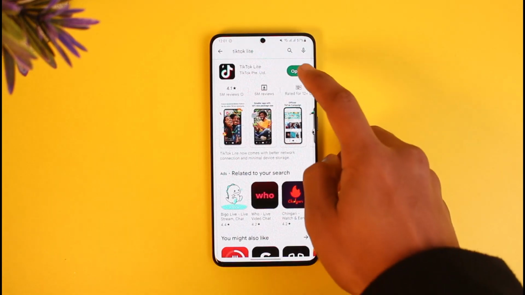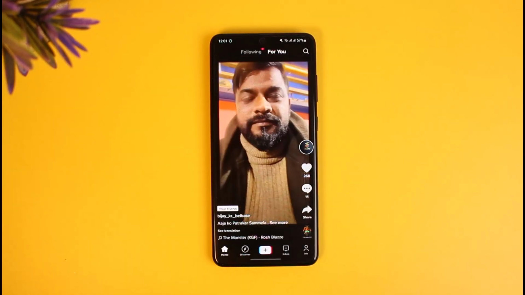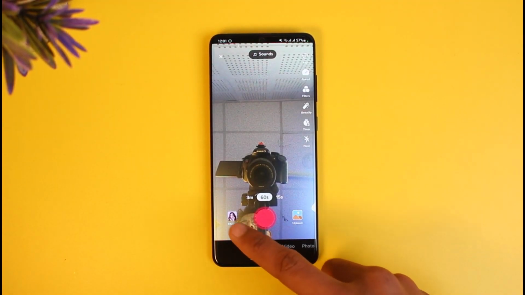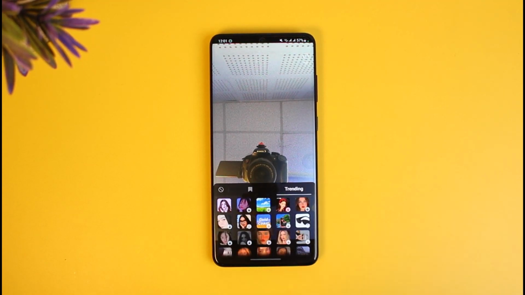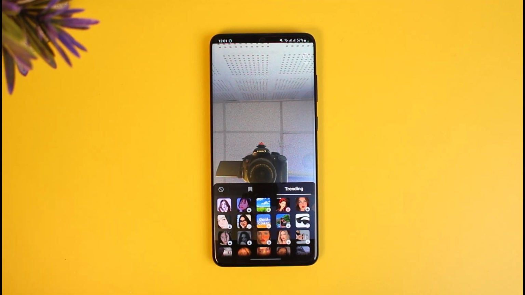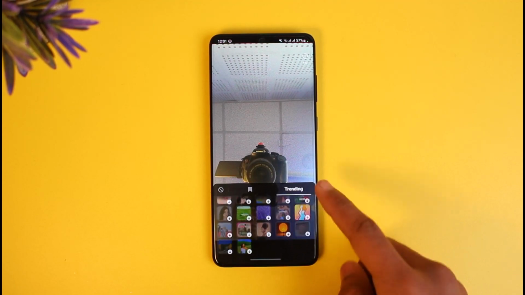So on the TikTok Lite app, what you want to do is first of all open it, and of course maybe you're trying to post a photo or video, so let me also just show you. And here you can see the button called effects. When you tap on the effects button on the TikTok app, you would be able to simply tap on the search icon somewhere over here in order to search for a specific effect or a filter that you want to use. But in this case you can see we do not have the search button,